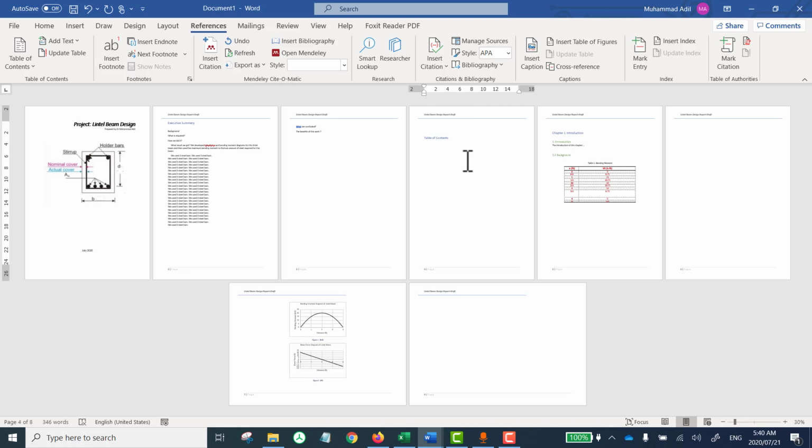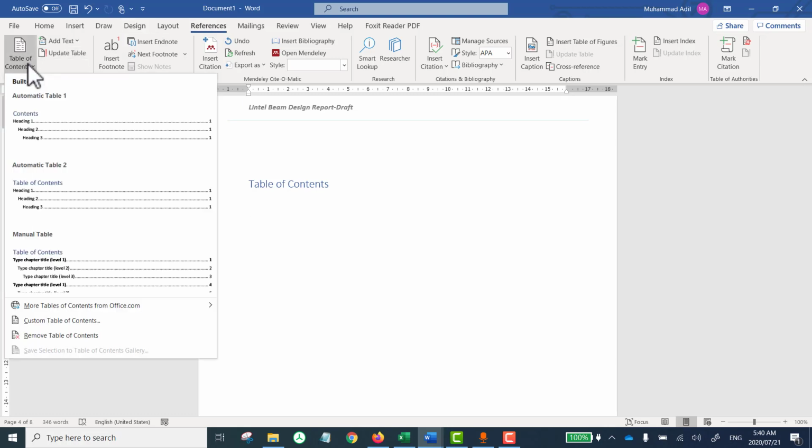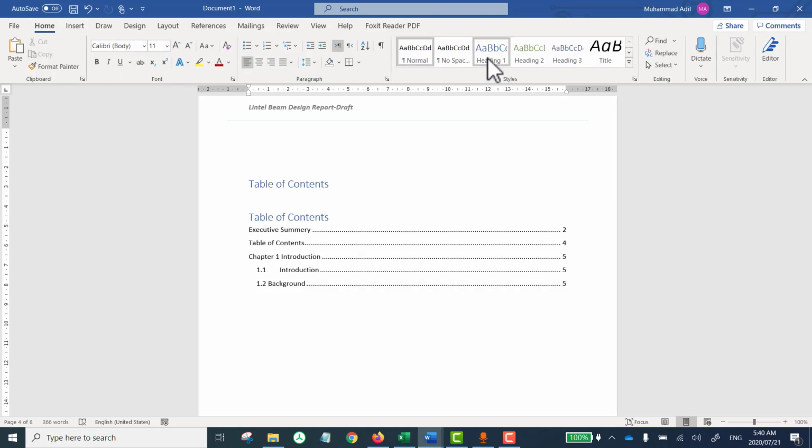Now let's go back to the page of table of contents, and in the reference menu click on table of contents, and we can choose the style we want, or we can make our own style as well. For now, let me select this one. So it has automatically discovered wherever the styles of heading 1, 2 and 3 are used, and uses them to automatically create the